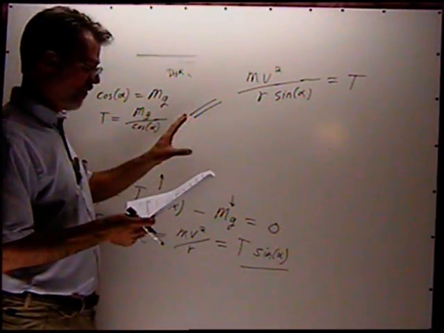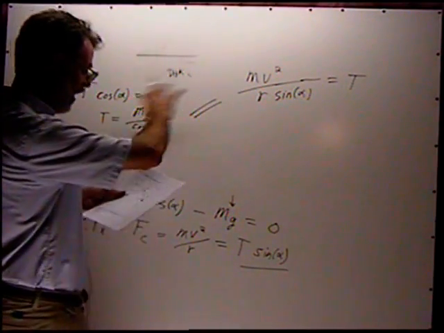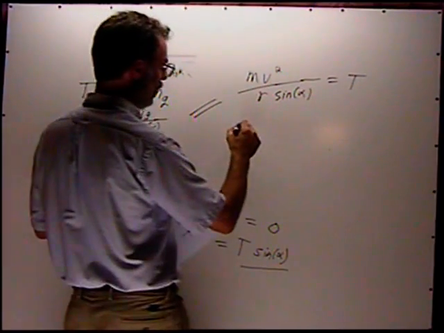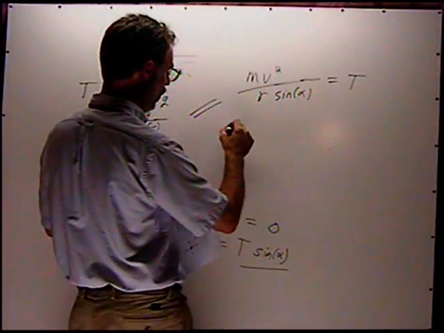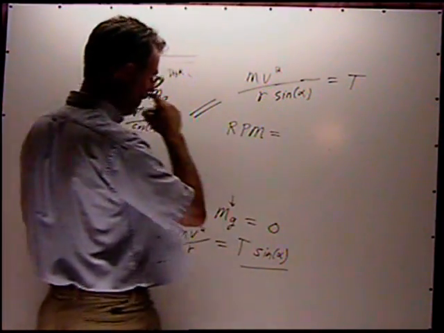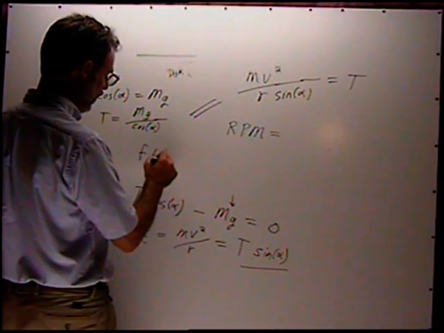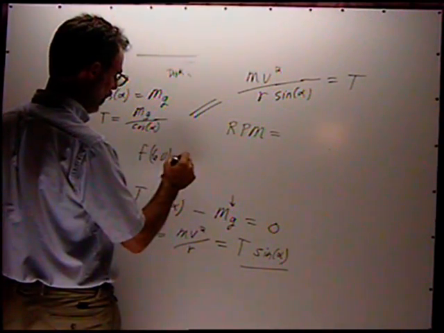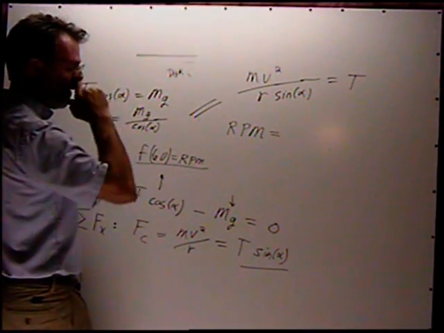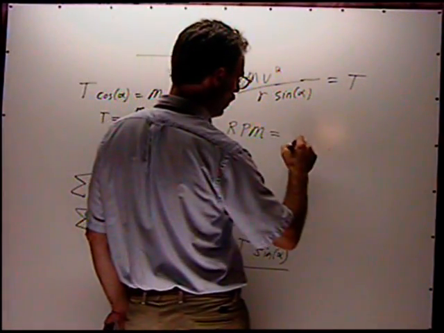Everyone should be able to actually do this. What I want you to do is to take these equations, and come up with an equation that's in this form. That the RPM, remember, the frequency times 60 equals RPM. Okay? What I want you to do is to derive a formula that says RPM equals, and it will be